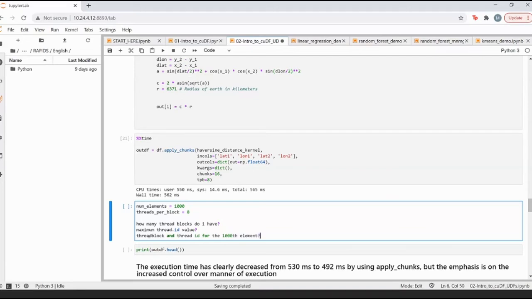I'm going to pause here. I hope you apply the same logic that we did previously, and let's try to answer this question. I'll pause for a couple of seconds for participants to do that calculation.